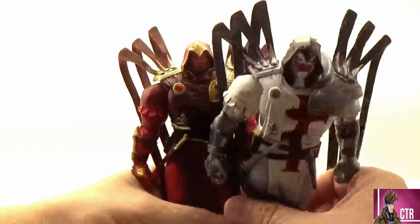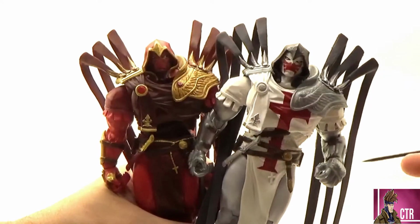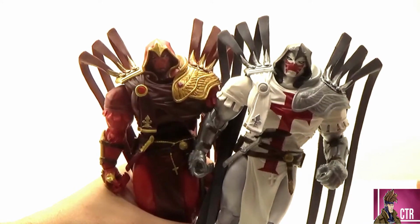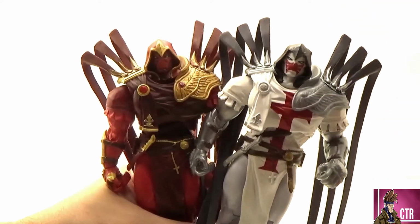And then just a little bit of extra color on there. Like this is a two-tone thing on there. We lose that on there. We don't get any kind of paint on this little crest right there as well. And then any accents that were on his cowl, his hood and stuff is gone. So